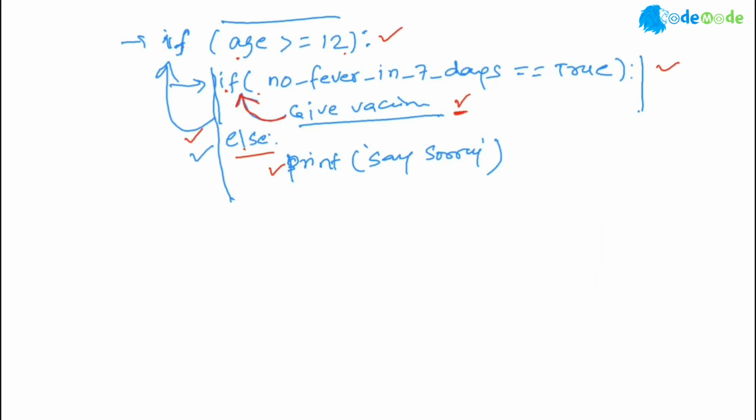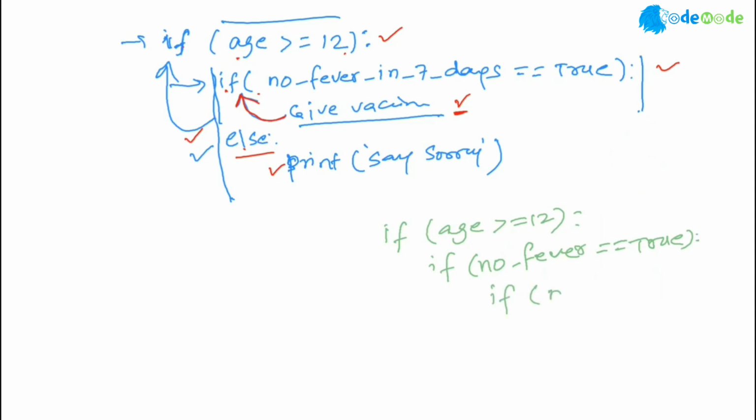Yeah. So right now you see we have put two if. Let's say we create more if. We say if, and then we say age greater than or equal to 12, and it gets complicated. I can say if no fever in the last 7 days equal to true. I can also say inside this if not yet vaccinated equal to true, then do this. You can see I can go unlimited number of, what I call it, a depth of if and else. When you do nesting, you see the depth. Right now the depth is 2, 1 and 2.